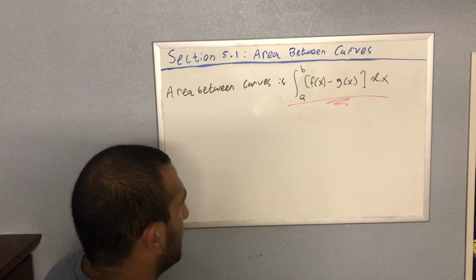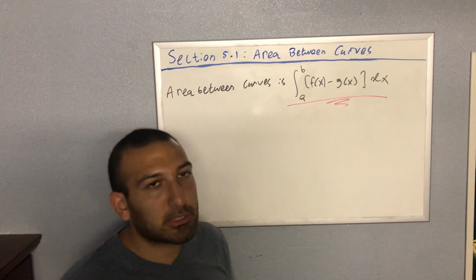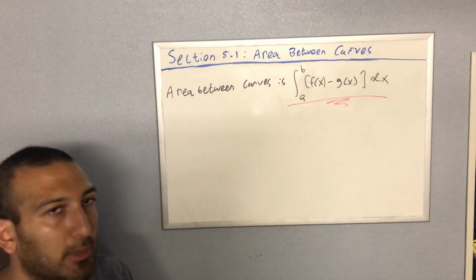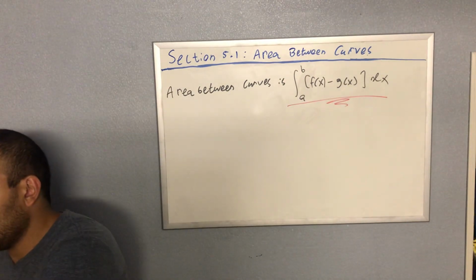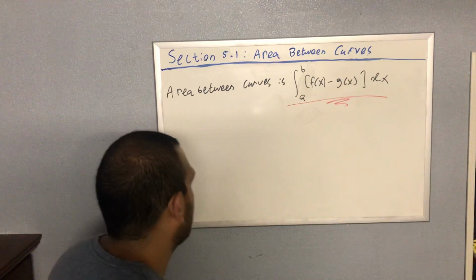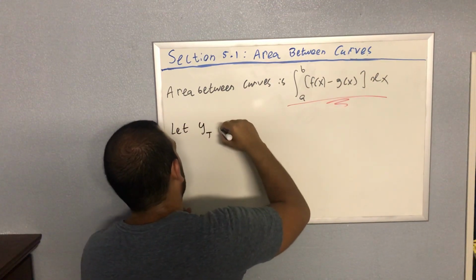Okay. Now the form of writing this is a little clunky because you might be like, well, what is F? What is G? And so a lot of people like to write this in the following way. They let y sub t stand